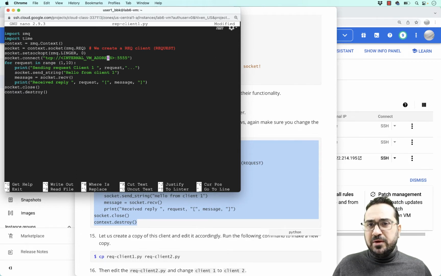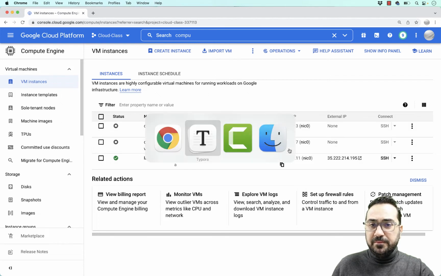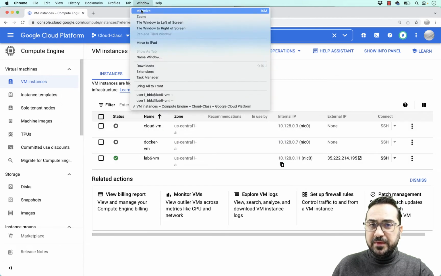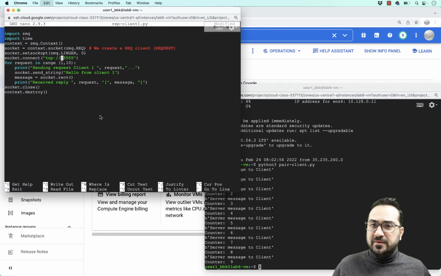Now, again one more time, we need to update the internal VM address to the address of my VM. Again, the internal address. Okay, so what I will do here, let me just add it here, and again make sure that the server IP is correct and the port is 5555, so that's fine. Okay, save it and exit.